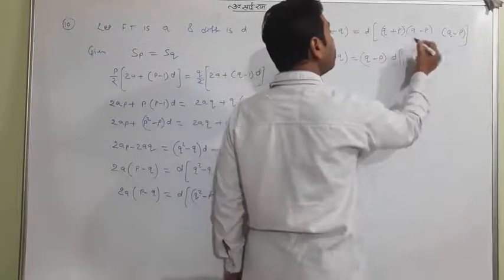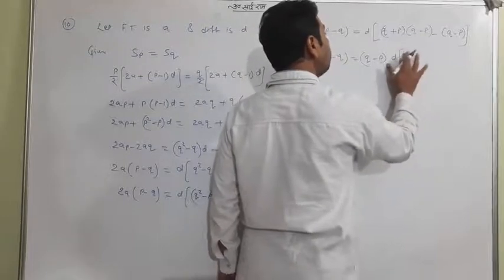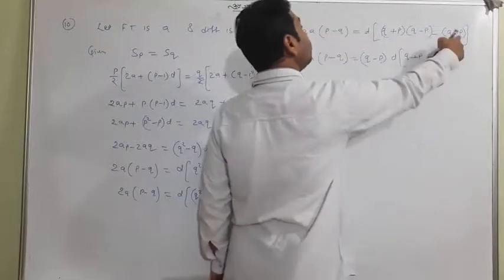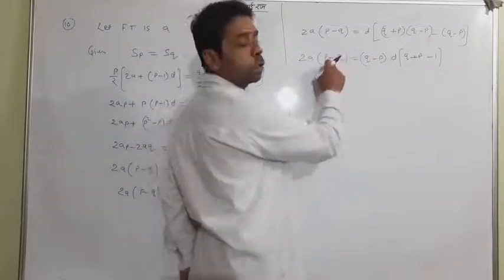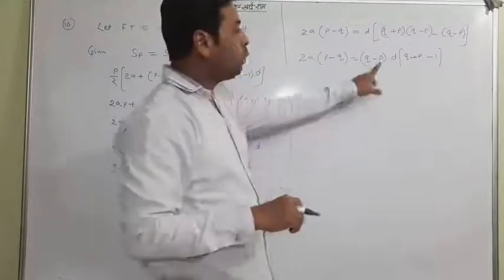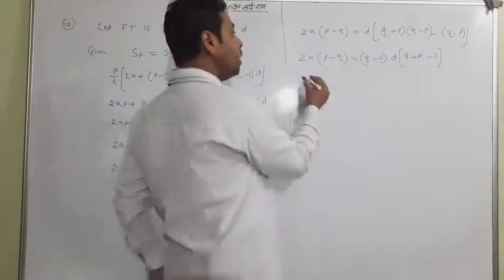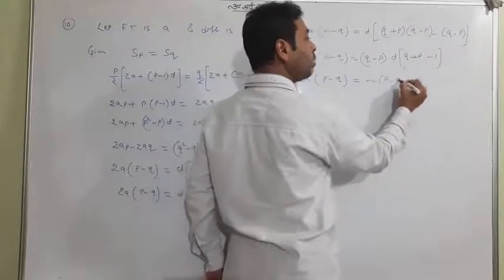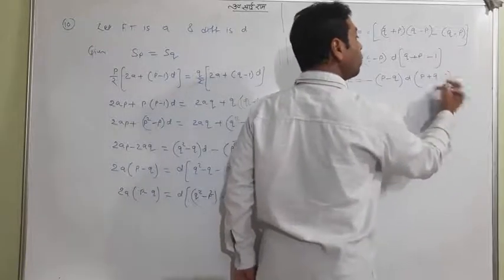And D, what remains is only P plus Q, minus 1. It is minus 1 because Q minus P was taken out. Now just listen to me carefully. It is P minus Q here and Q minus P there. Both actually look the same, but it is not so. We will take out minus common from one of the sides. Suppose I take out the minus sign from Q minus P. Look at it, it is going to be P minus Q because you took minus common. So D into (P plus Q minus 1), on both sides.